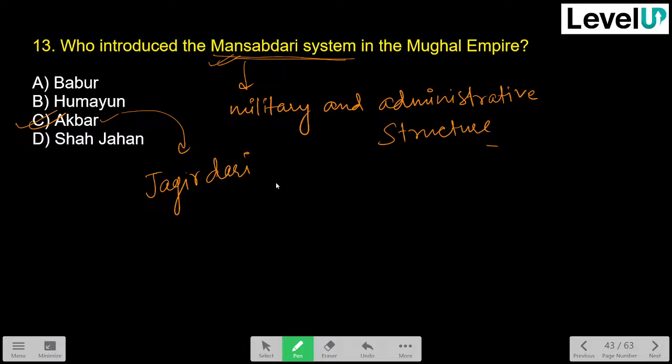Jagirdari system. Jagirdari system means I will be paid not in rupees but in the form of lands. Okay, this was known as the Jagirdari system. Correct. Next,